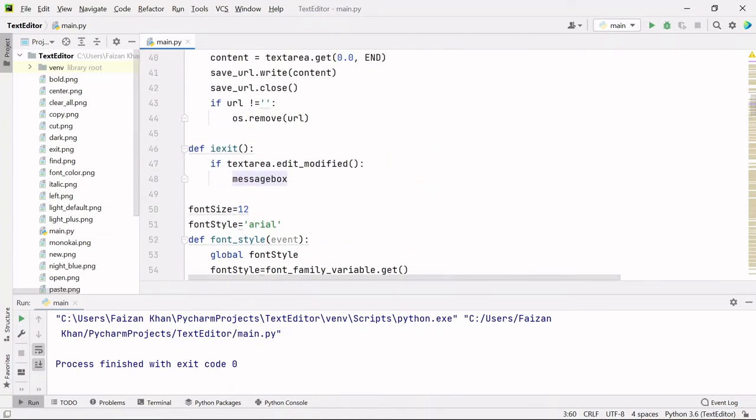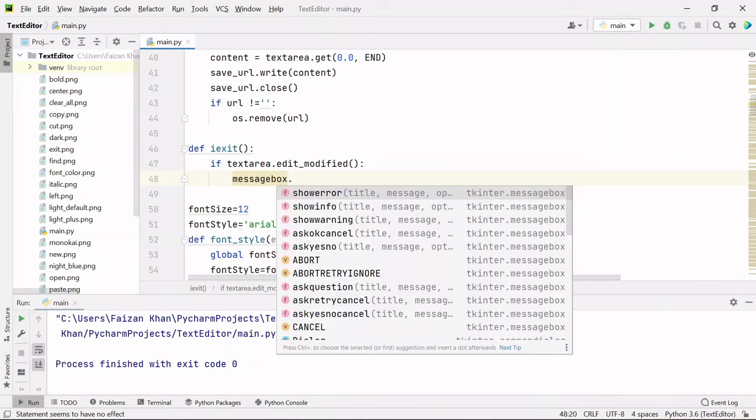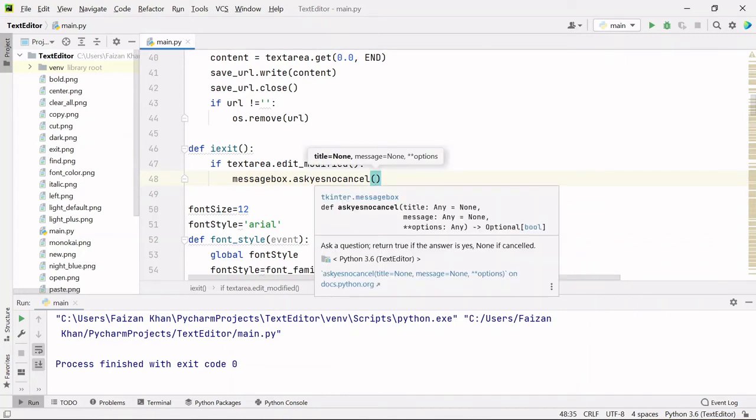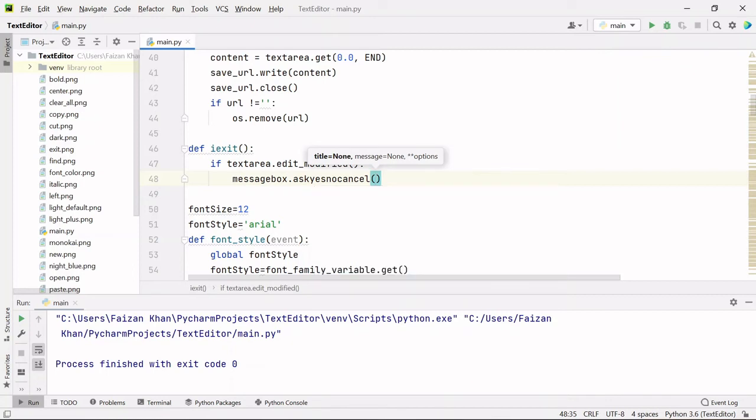So here what we are going to do, as you see the error is gone, we are going to use one of the methods of it, ask yes no cancel, this one. Okay, so we will see three options there. First one would be yes, then no, then cancel. Here we have to pass two things, first the title and second the message. So the title would be warning, okay,